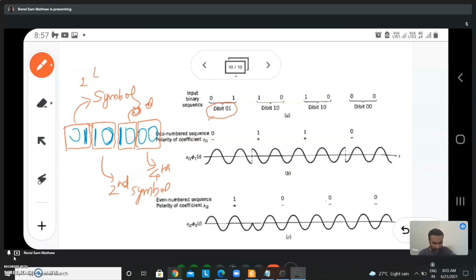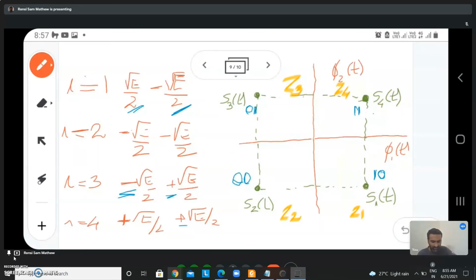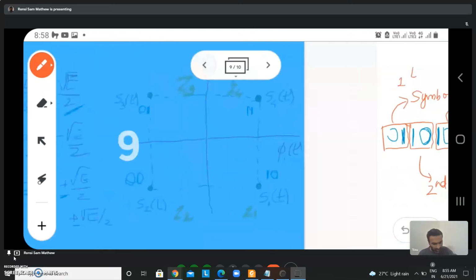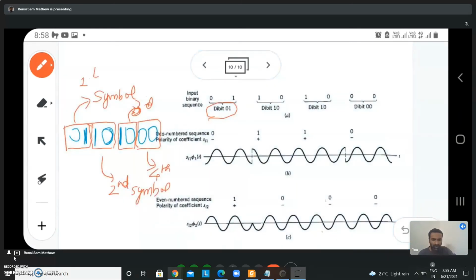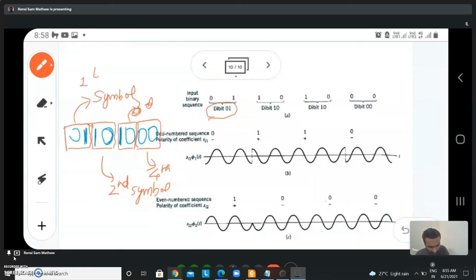And remember, phi 1 of t and phi 2 of t. Phi 1 of t is a cos waveform, phi 2 of t is a sine waveform. And you can see for 0 1 we will transmit S3 of t, and for 1 0 we will transmit S1 of t. Next is again 1 0, so we will transmit S1 of t, and then it is 0 0, so we will transmit S2 of t. So correspondingly we are going to transmit S3 of t, S2 of t, S2 of t, and then this